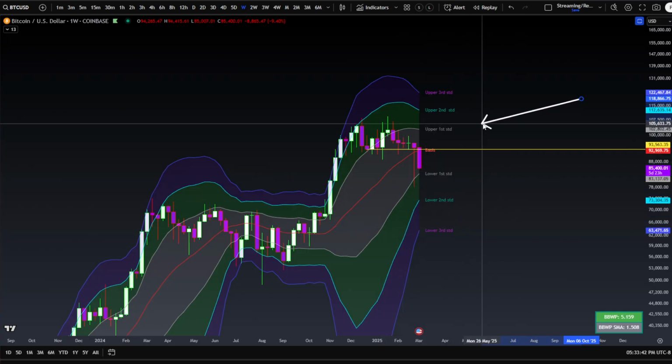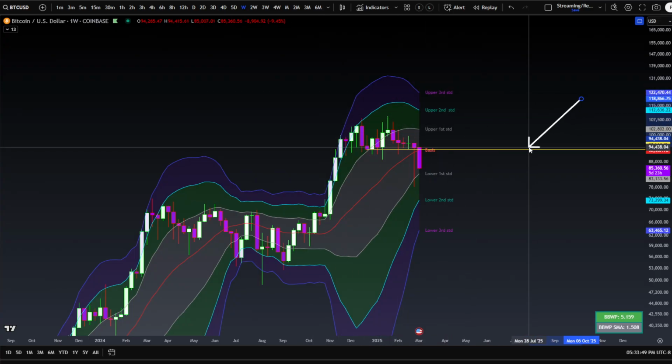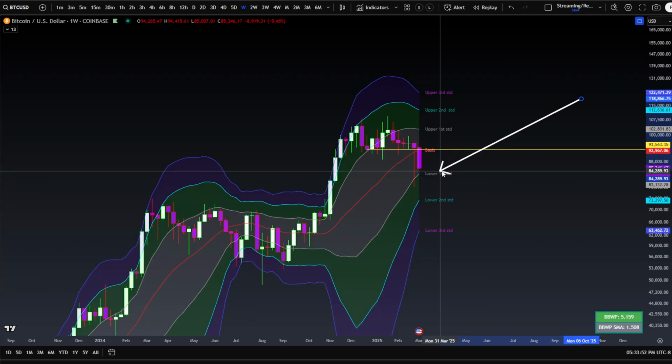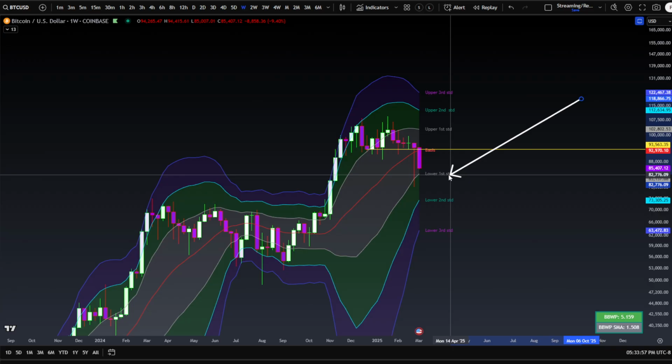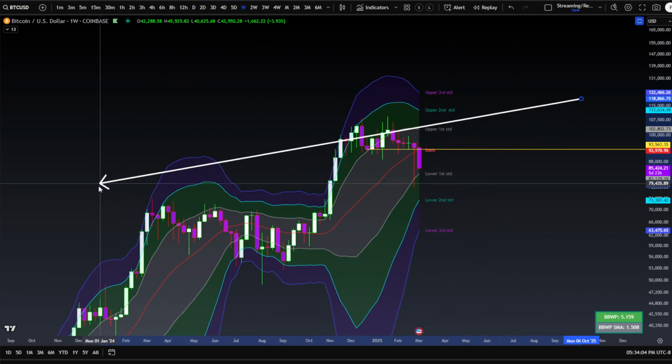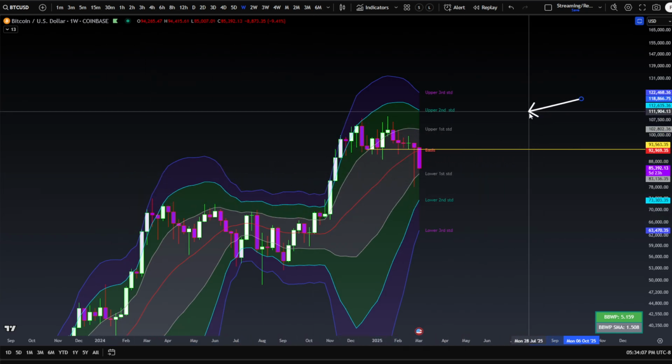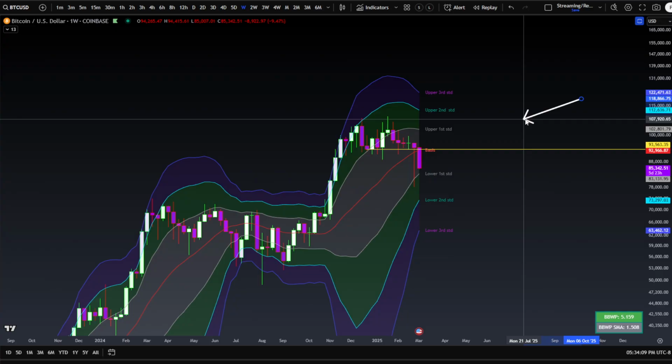Coming into a compression again, as I've stated before, even though we're getting daily volatility expansion to the downside, because the bands are still compressing on the weekly, lower first, typically first pass, is going to be a big bounce. That's what we saw. If it gets tested again, still seen as a support area, especially because there's daily structure in and around that area. But if it does fall apart, we're looking at the lower second. That would just essentially be a retest of this zone down here. Initially in the 73.5 to 70K, if you're looking for direct targets there, and possibly under.